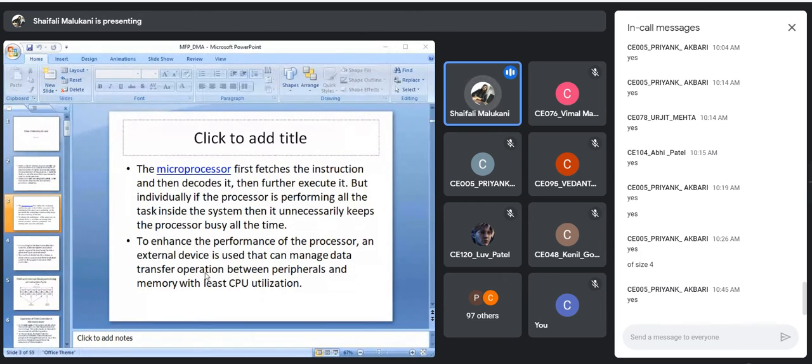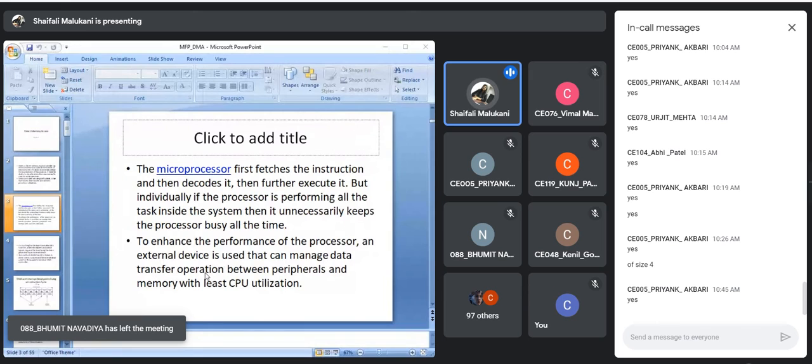I am not saying that we will not read the memory. We have to read the memory, right? We have to write to the IO. But both signals, activating memory read and activating IO write, will be done in the same instruction, right? That means what time have we saved? Instead of using two different instructions for reading the memory and writing to the general purpose register, and from the general purpose register to IO, I will have just a single instruction. Instead of two instructions, I will need just one instruction, reading from the memory at the same time.